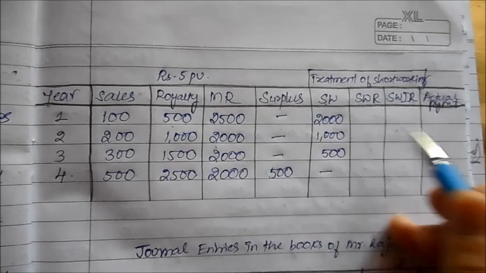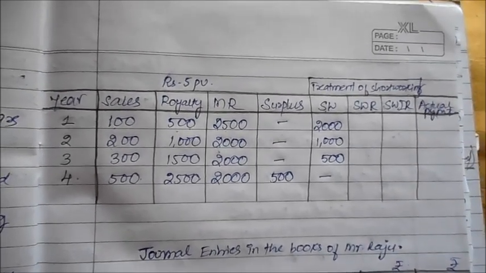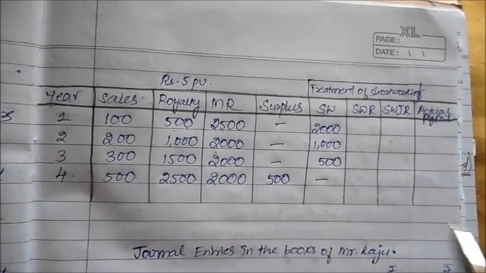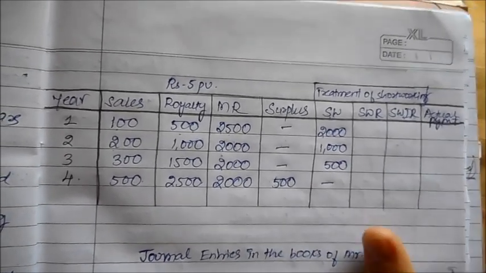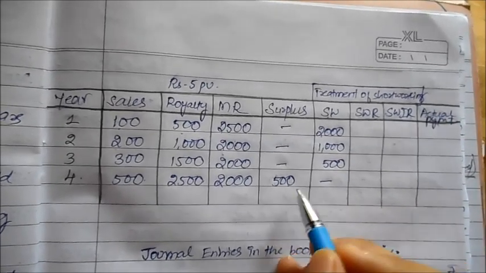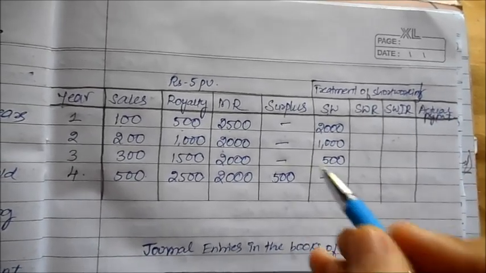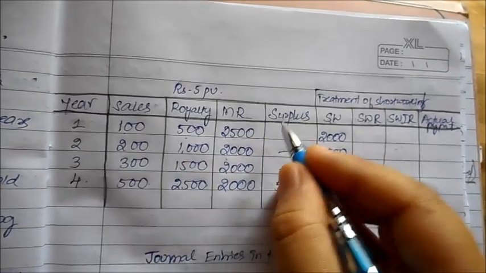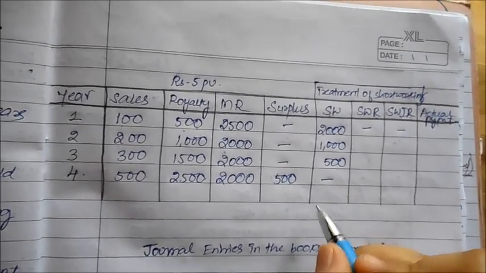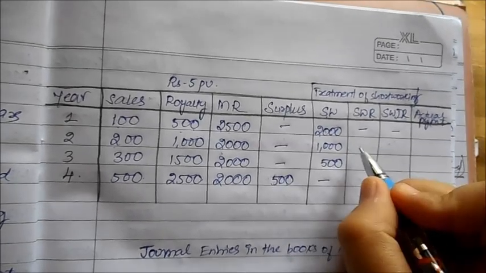Now most importantly, how much do you recover, how much is irrecoverable, and how much actual payment did you make is what is expected to be understood. Now recovery can only happen whenever you have surplus. Short working, any loss, I can only recover when in the previous years I had a surplus. So obviously you cannot recover here. Whenever you have surplus only can you recover, otherwise you cannot. So it is irrecoverable.